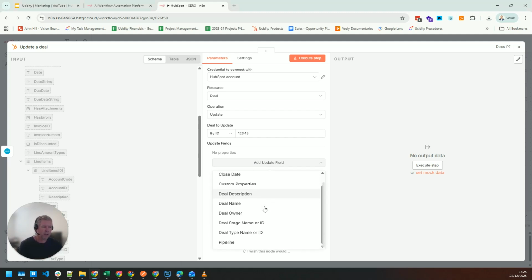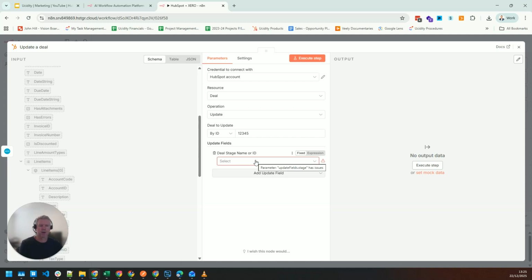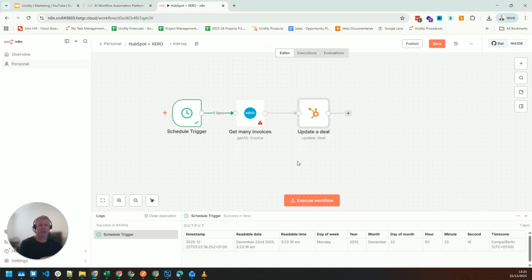So I can then go and select, say, the deal stage, and then I can go off and select it as being closed won. Okay, and there it is, my closed won. So I can then go off, and this is super simple, but essentially at midnight, it searches for all invoices that have been paid, and then it updates the deals and moves them along a stage, and probably puts some extra details in there saying, hey, the invoice was paid on this date, and maybe builds a link back to